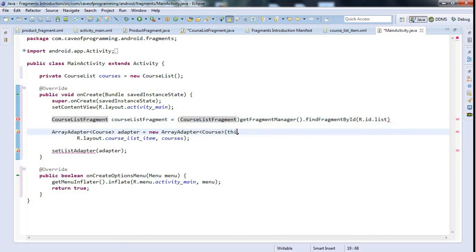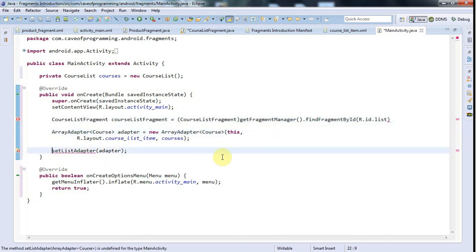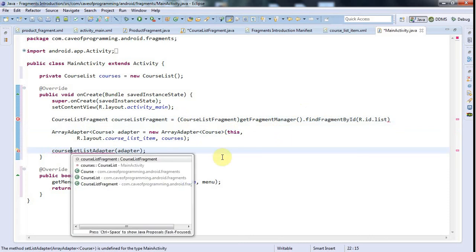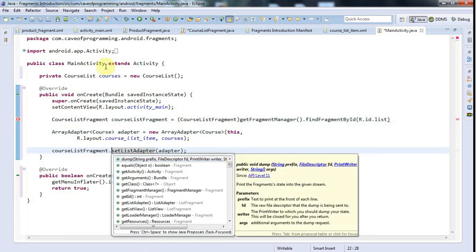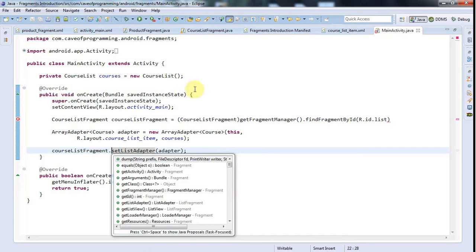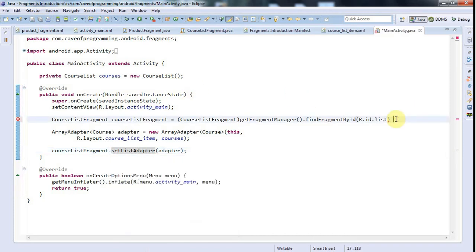just say this for the first argument, and then instead of saying set list adapter here, I'm going to say course list fragment dot set list adapter, and I need to put the semicolon in there. And let's run this and check that it still works just as before, which again is always a very good